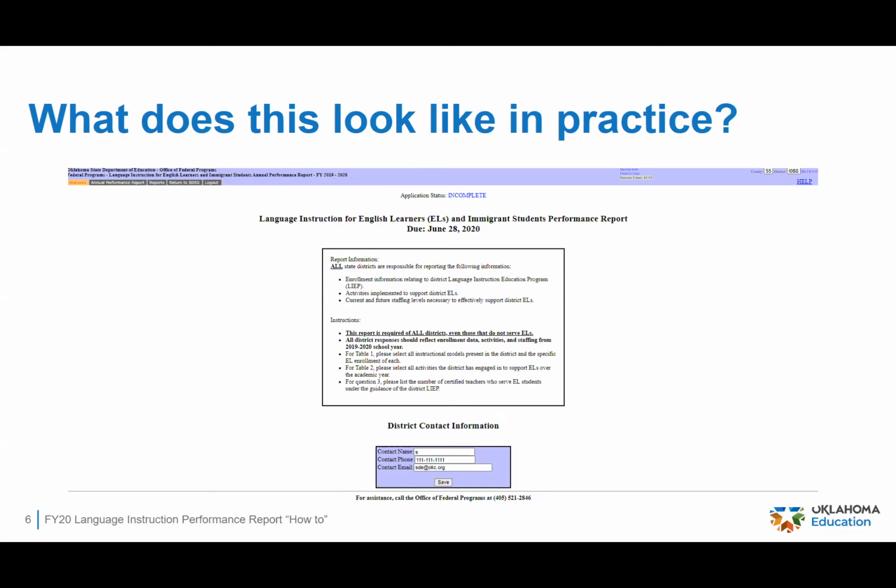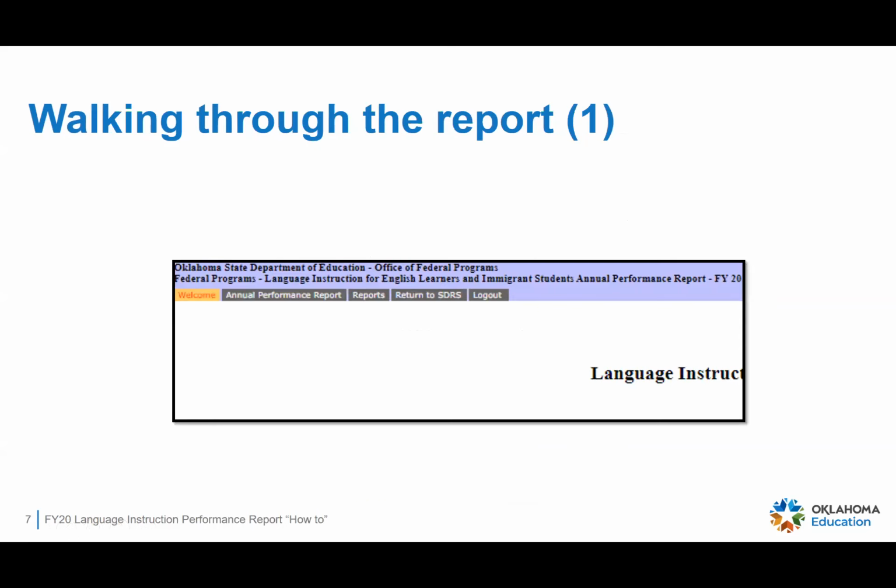I just put in some kind of random information there, as you can see. But put in your contact information and hit save, and that will allow you to move on. When you hit save, you'll notice that in the upper left-hand corner of this page, a new tab will appear, and it is this Annual Performance Report tab. That's where the report is. So you click on that tab, and it will open up